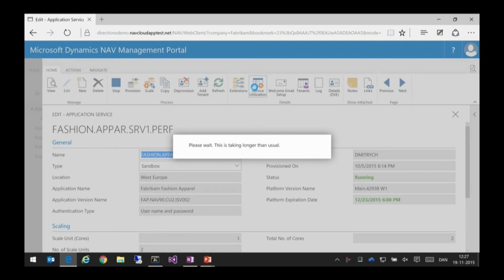So what I'm going to see in this service utilization, by the way, now that I'm just waiting for it. We collect performance data from all our VMs all the time. And that allows us to show graphs that you will be able to see. With those graphs, you can see how your service is doing right now, whether it's running hot or not. And you can see how it's been doing over time. For example, what is the rhythm in your load? When do you have peak loads? Do you need to add more